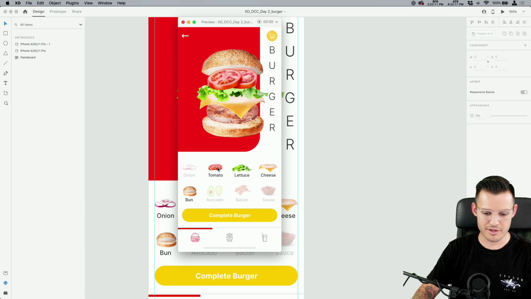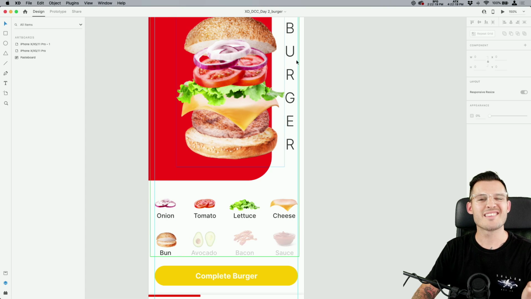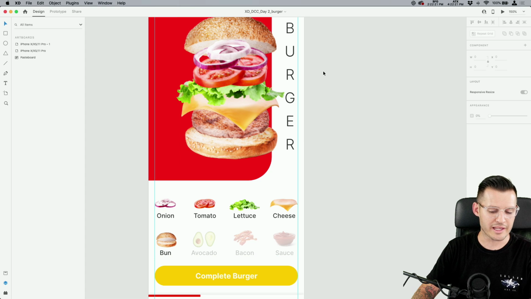We're gonna add some onion, take the tomato out, add that in, take that out, move that over here. Ooh, this is so cool. You could send this to your stakeholders and get some feedback and tell them this is what it's gonna look like, and they would totally get the gist of it.